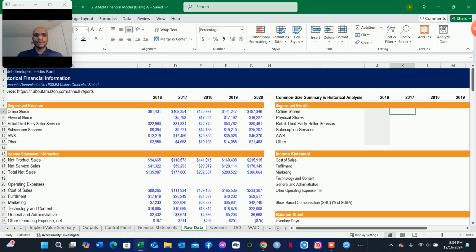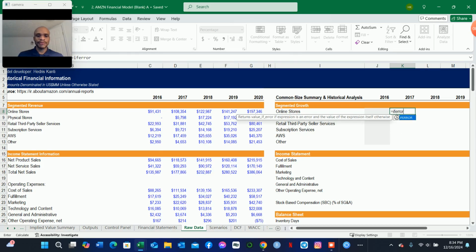To determine the year-over-year growth rate of Amazon's revenue for online stores, physical stores, retail, third-party seller services, subscription services, Amazon Web Services, and other, it's gonna be a year-over-year growth rate. So we're gonna say IFERROR, we take this 2017 divided by 2016, subtract 1 to convert that to a percentage. IFERROR, NA,